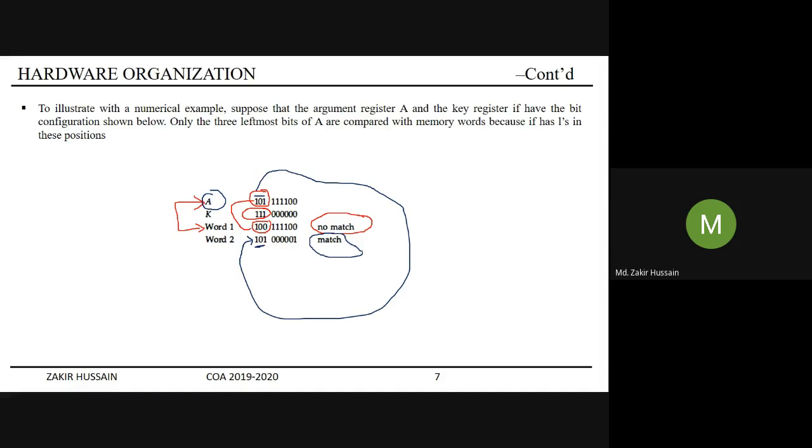So this match happening or no match happening is related to this portion here. We are not bothering about the other bits here, we are not caring at all. According to this algorithm, the first 3 bits, the MSB set, if those bits are matched, then it considers that a match happened. If the first 3 bits do not match, then it considers no match happened. This algorithm. Is that clear, everyone?